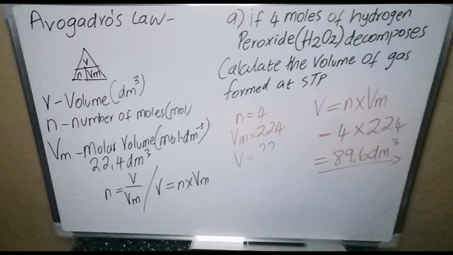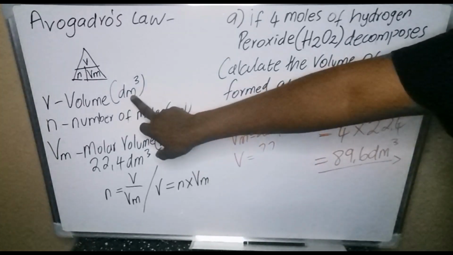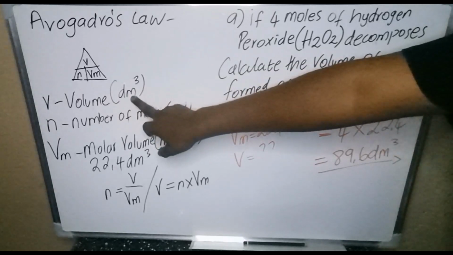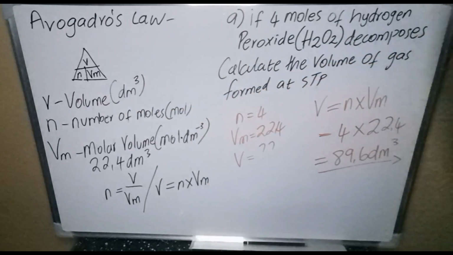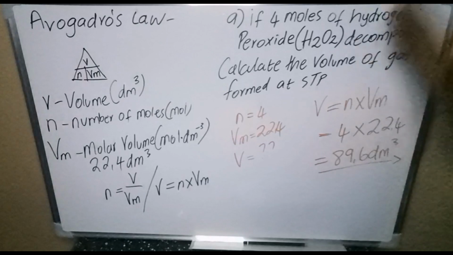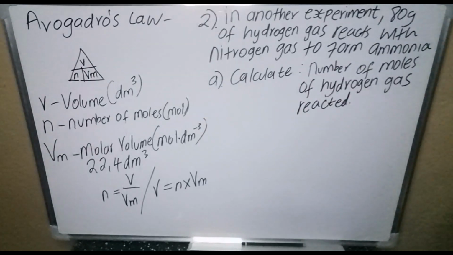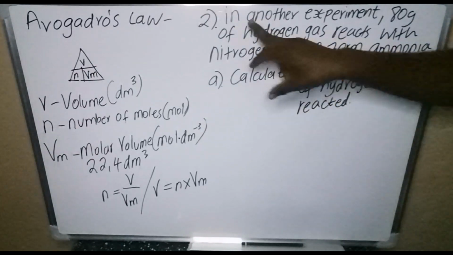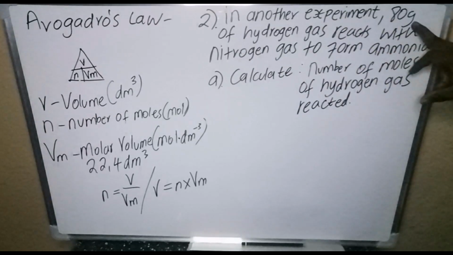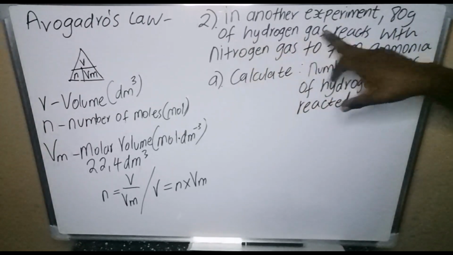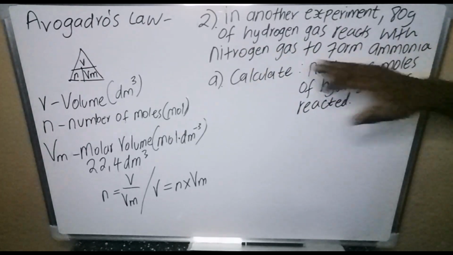Dm cubed all the time. Going to grade 12 with your chemistry, you need to convert. Your volume must all the time be in this form, dm cubed, unless otherwise stated. So guys, number 2, it says that in another experiment, 80 grams of hydrogen gas reacts with nitrogen